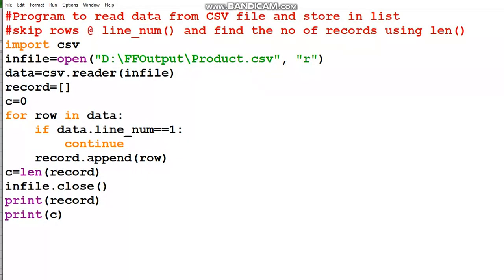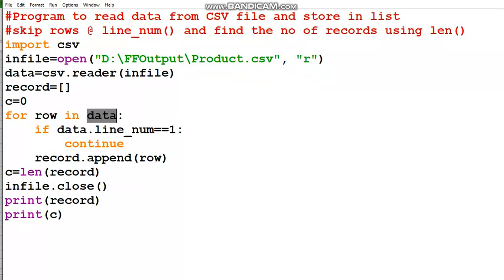We'll import CSV, open the CSV file in read mode, and read the data from the CSV file. List is empty, C is 0, and in this I have not used the next function. That means the header record also will be stored. Till now it is there in the data variable. So right now data is having all the records along with the header record.